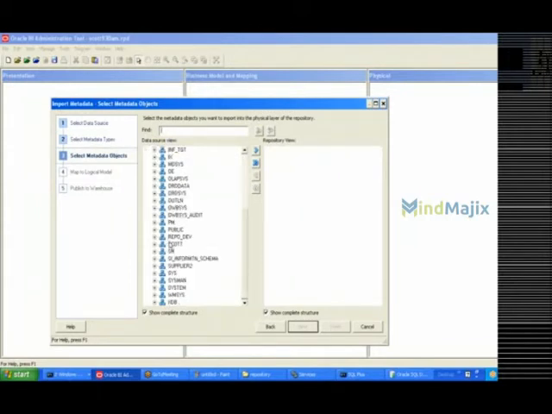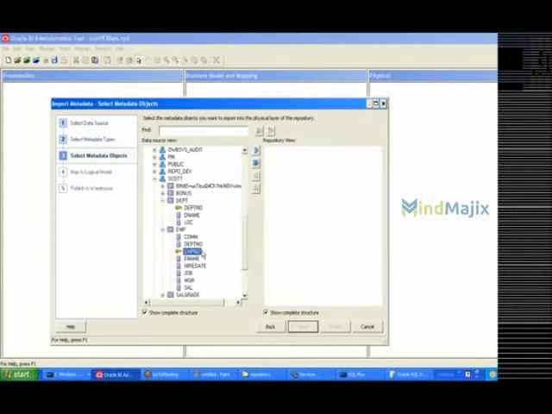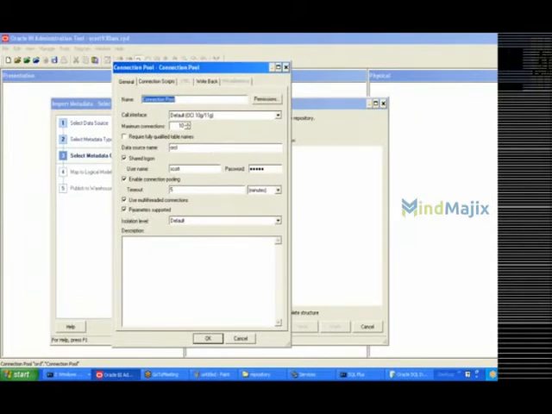Now let me import the Scott schema, the department table and the employee table. If you expand these, you are able to see the key icon, which is in the database. This is the view of the database, and the right side is your repository view. As of now in the database we have a key icon for the department table and for the employee number in the employee table. Let me import both these tables. Hold the control button, select multiple tables and click on import selected. This is the connection pool. Here I am not enabling the option required fully qualified name.